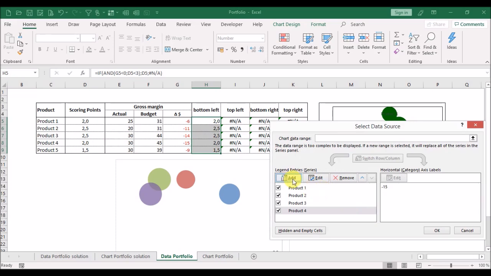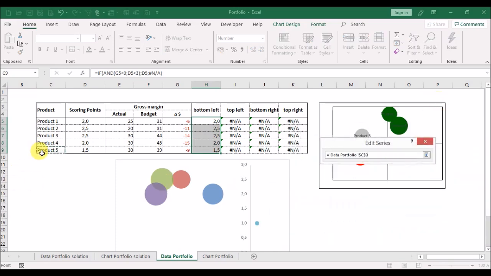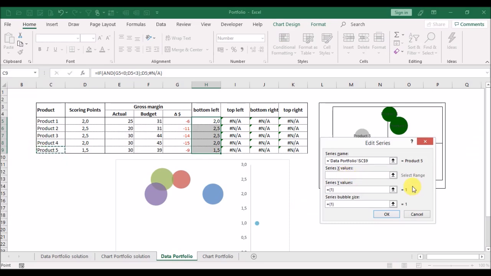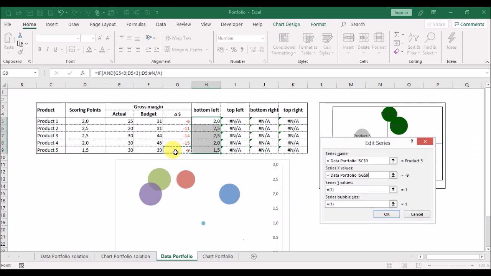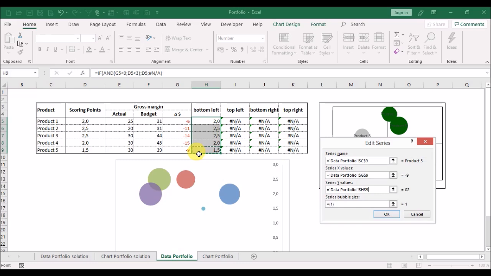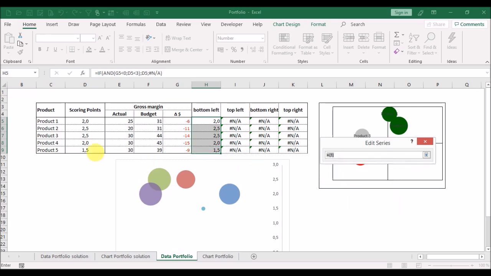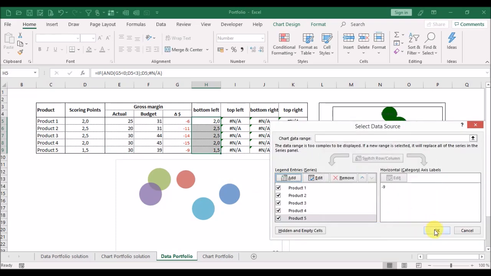Okay, and the last one, add product number 5, X values from cell G9, vertical line H9, and the bubble size from cell E9. Okay, and we click OK.